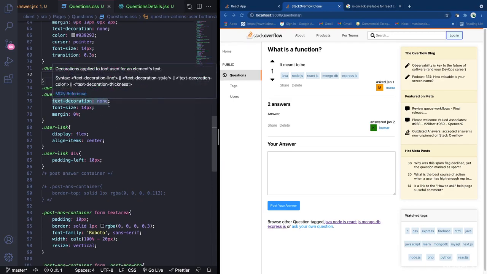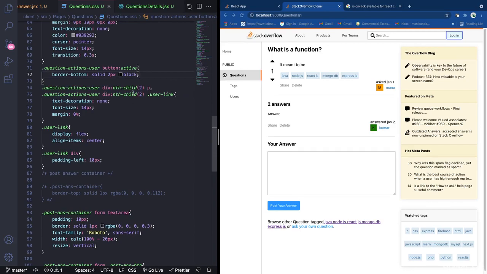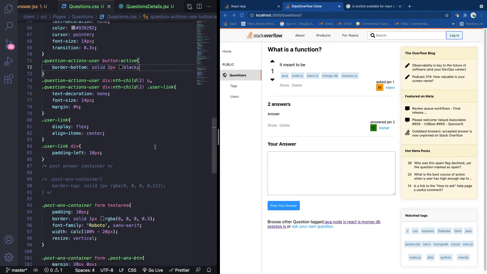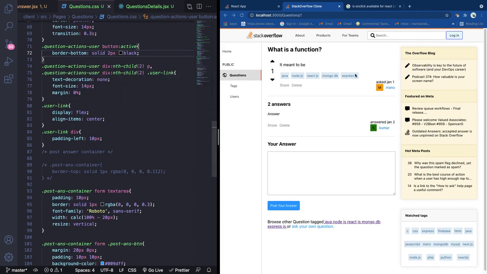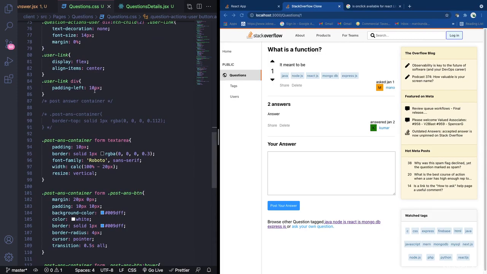And then we are using the user link, which is nothing but this name. We have removed the text decoration. We have just reduced the font size, as well as the margin is 0. And the user link is display flex, so that the name is next to the avatar. So this is in display flex, that's what it means. And the padding is also left,